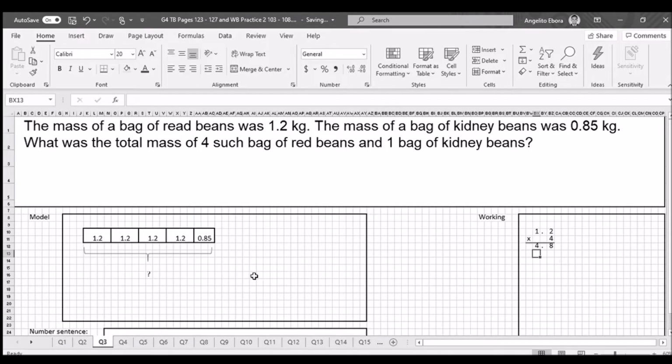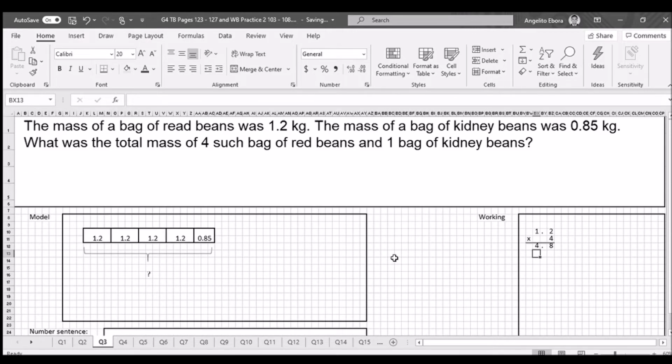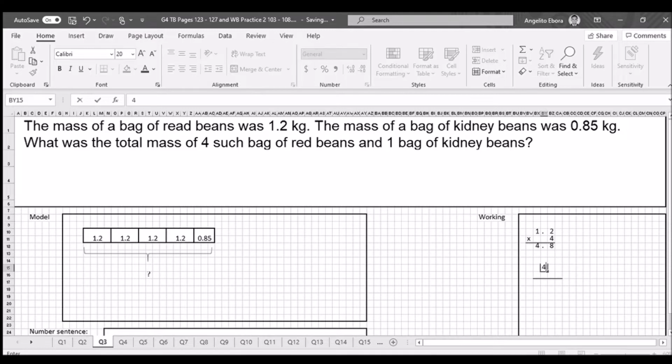So the mass of the 4 bags of red beans is 4.8. After getting the mass of the 4 bags of red beans, we're going to add the 0.85. Okay, so 4.8